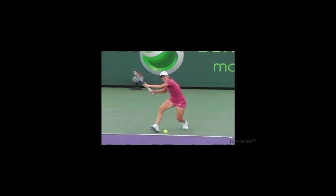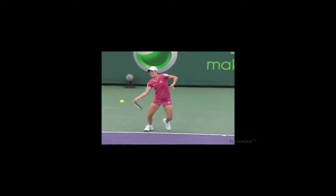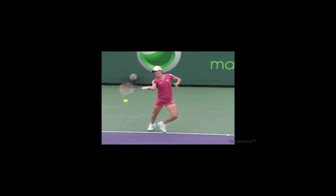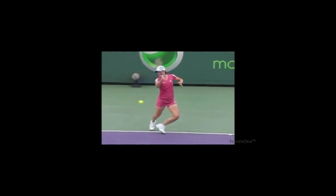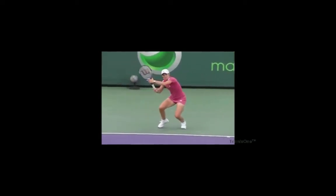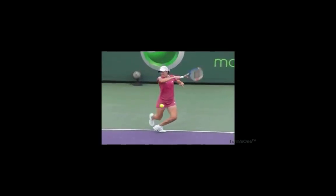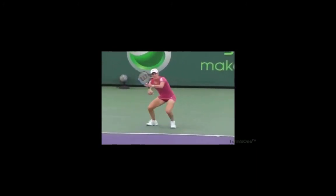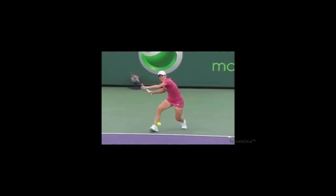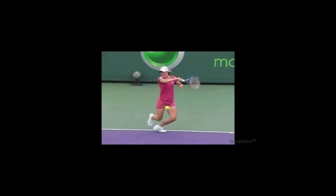Look at the racket is staying outside the hand. The racket never goes behind the body. There's the high powered slot, and there's their hand release right there for the topspin and the ATP style tour follow through around and below the non-hitting shoulder. And to me, there's a direct correlation of why she was able to handle and become the number one player in the world and win so many Grand Slams with such little frame, that she was able to really handle and counter attack the power of the Williams sisters and Kim Clijsters in the beginning of the career, Lindsay Davenport